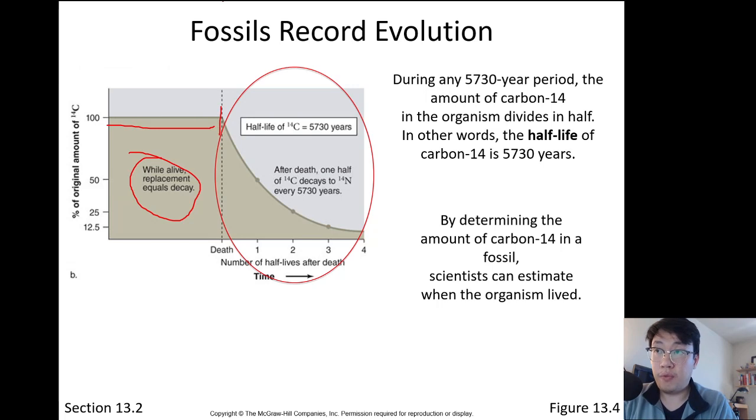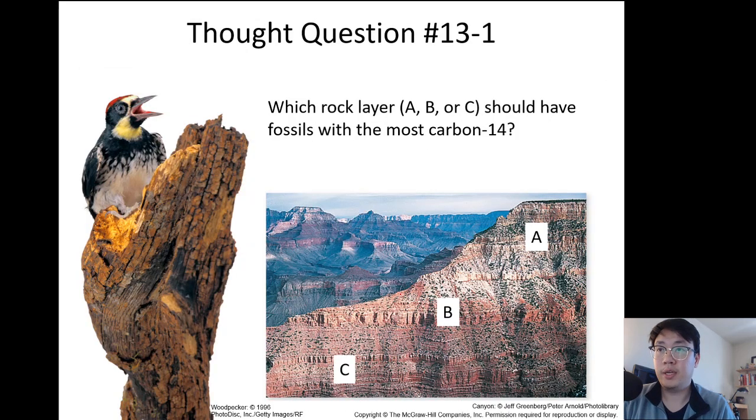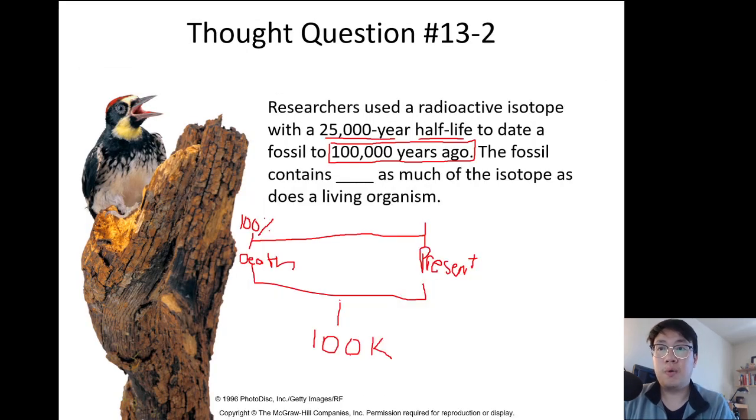So if we're at 100% when they're alive, once they die, that's when the percentage starts going down. So if I know we're at 100% at death, and the half-life, which I'm just going to label as 1/2 L, equals 25,000,